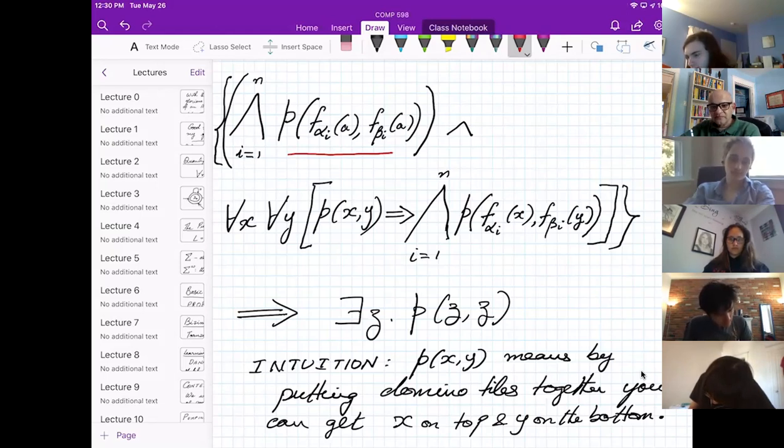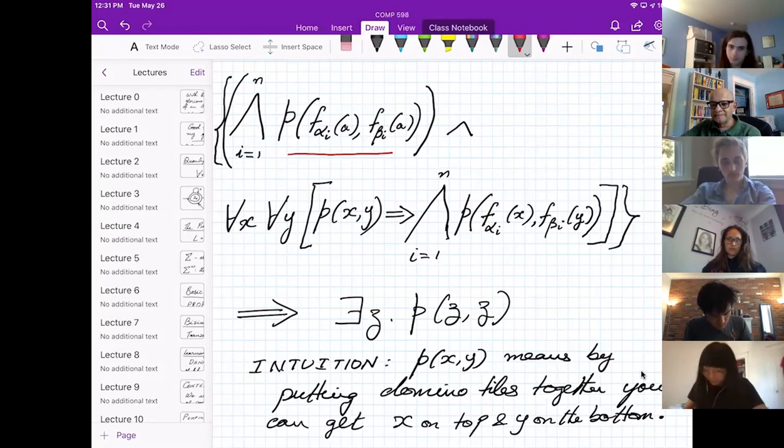It's saying for each one of the possible tiles, I'm just telling you, it's possible to take that tile and then you'll get alpha I on top and beta I on the bottom. So I'm just asserting P holds of F sub alpha I of A and F sub beta I of B. So if this is not clear, you have to stop me now. Yes, it's clear that this thing is saying that.